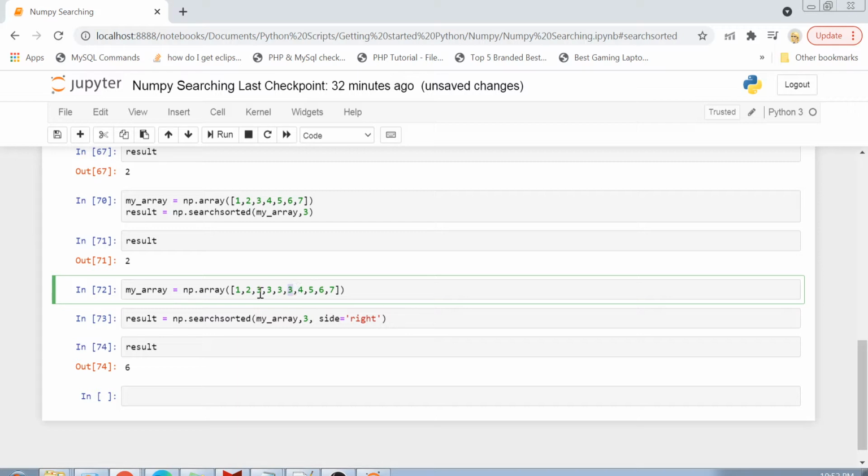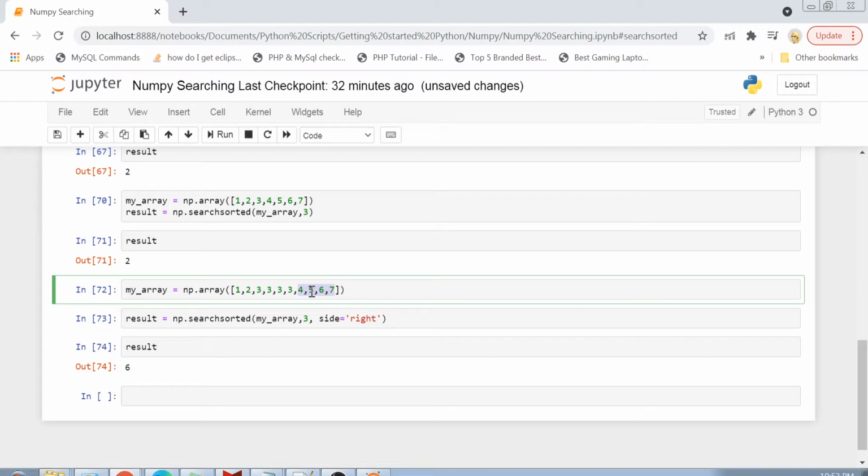Or you can say that 3 can be inserted at index number 6, because 7, 6, 5 and 4 are actually greater than 3, right? So if you start from the right, then 3 can be inserted before 4.